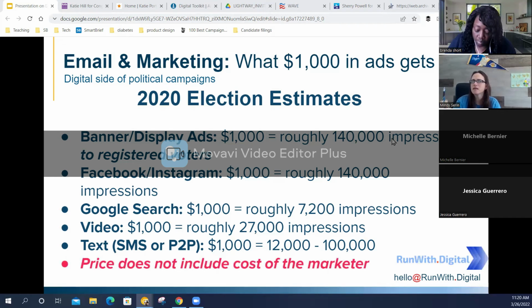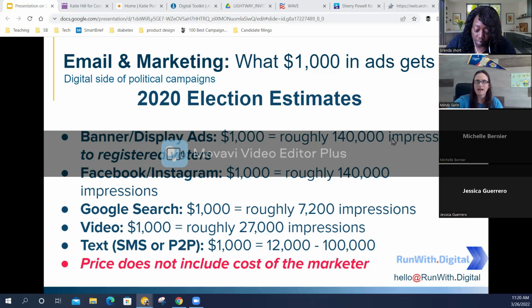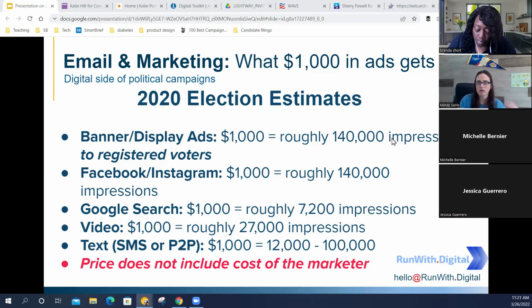So again, these fees don't include the cost of the marketer. This is just the cost per impression. So you are also going to have to pay for the person designing your ads and creating the groups, and if you want analysis done on it. A lot of people will just submit ads and hit the road. I don't hit it and quit it. I see the ad, I look at numbers on a daily basis. I move stuff around to see the segments that are performing really well, which are not performing well, and what do we need to do to fix this.